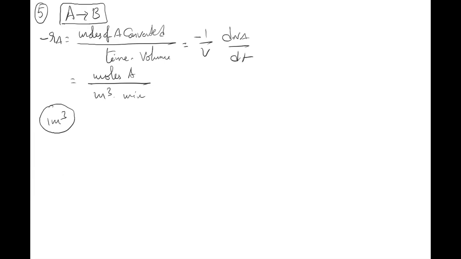Somebody may doubt, what is this minus for? Why am I writing this minus? Because this dNA by dt is negative. If somebody asks what is my rate of reaction, you can't say dNA by dt is negative. Let's take dN by dt as minus 5. You can't say minus 5 molecules are converting into product. So to make it positive, we have put one more negative sign. Rate of reaction means the number of molecules which are converted into product, so it should be a positive number, not a negative number. So this is the basic rate of reaction.